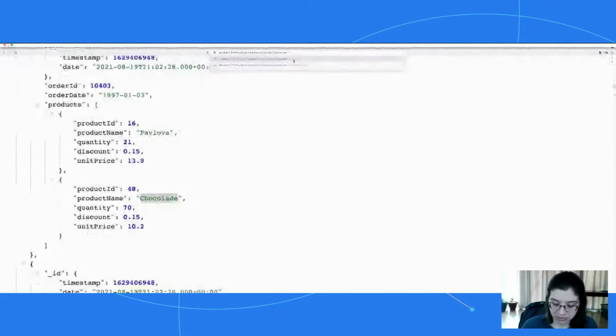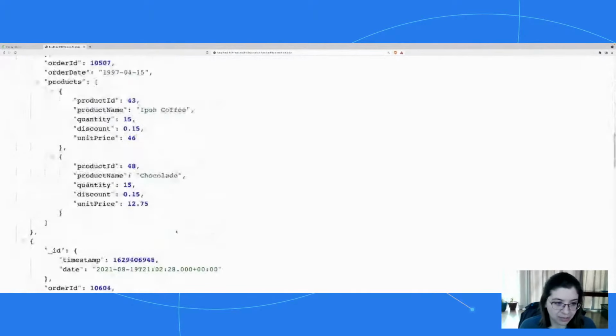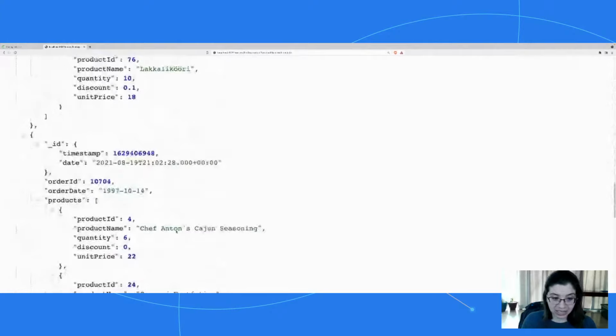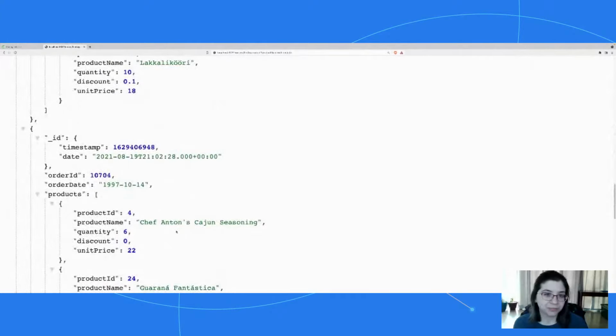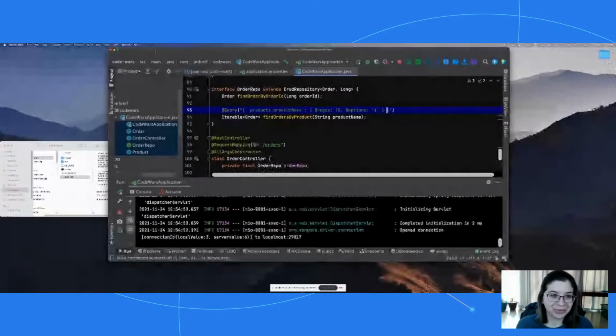And I could even specify chocolate, and it just pulls orders with chocolate in them. So all of that is working then, all of our fuzzy search, our find by ID, and just the general find all method. Now that's great and all. Can we go yet another step further?